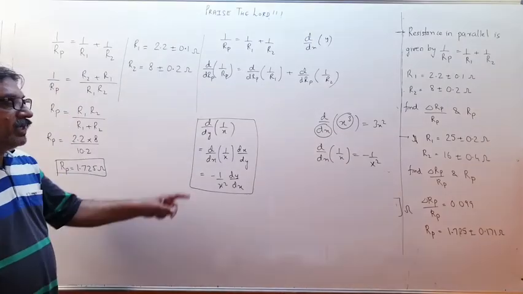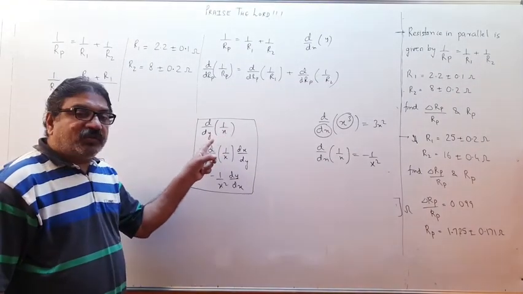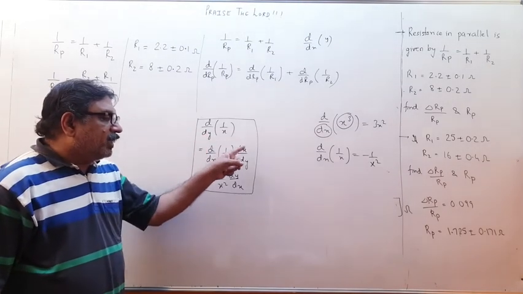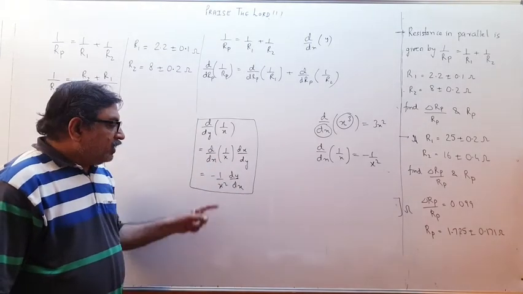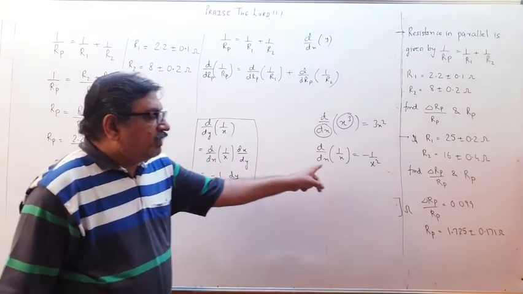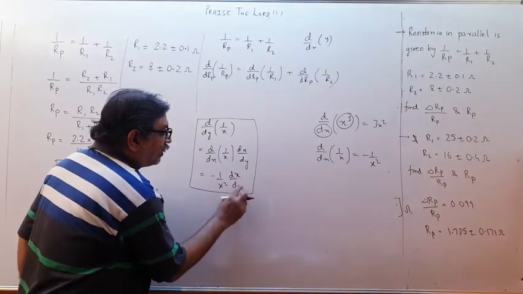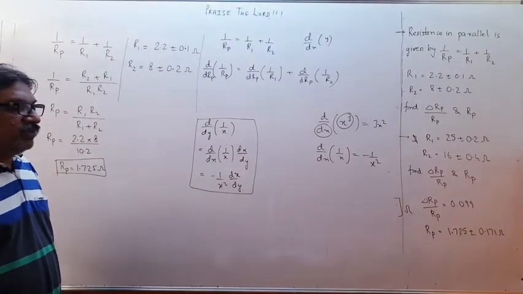Please copy this point. How to get d by dy of 1 upon x? If there is a function of x here, there should be dx only over here. Dx was not there, so I provided dx: I multiply and divide by dx. Then this dy I shift further. So d by dx of 1 upon x we know is minus 1 upon x square, into dx upon dy. Like this you have to think, children.